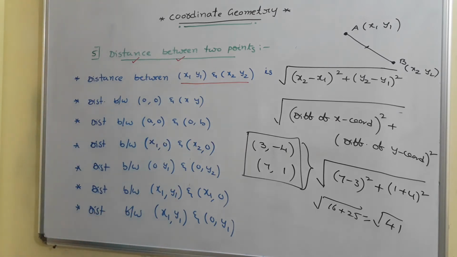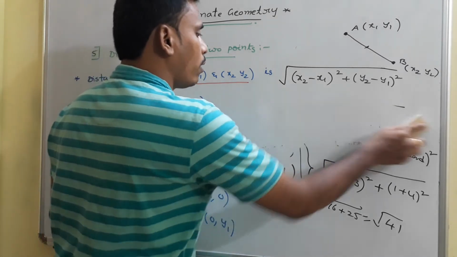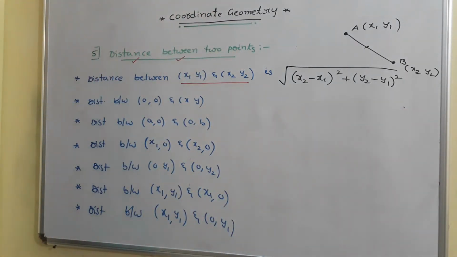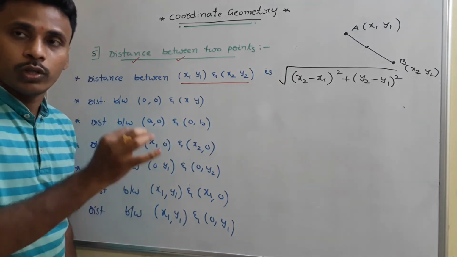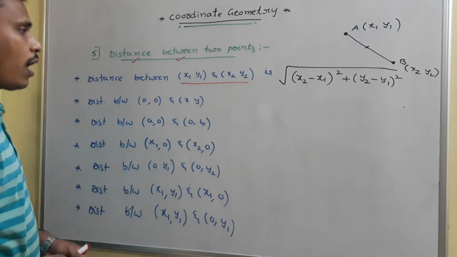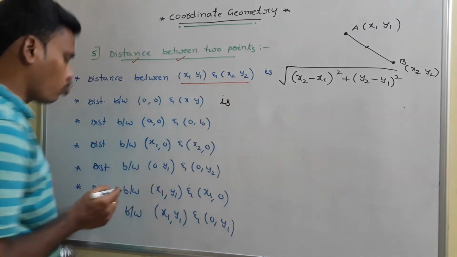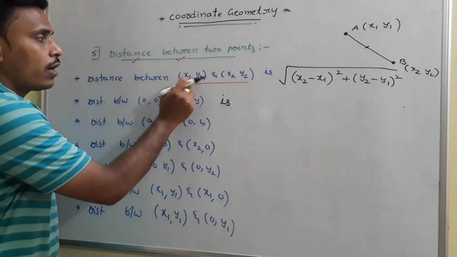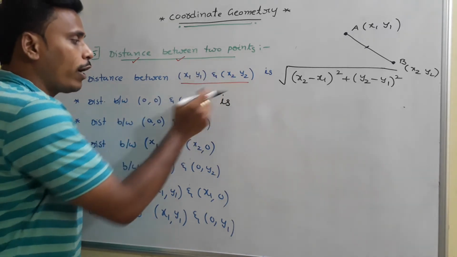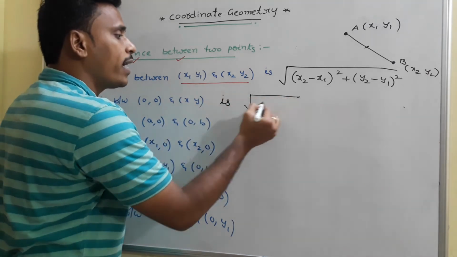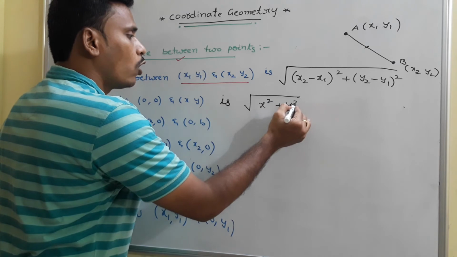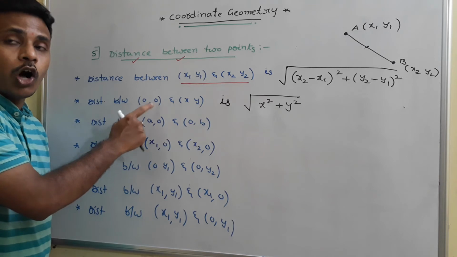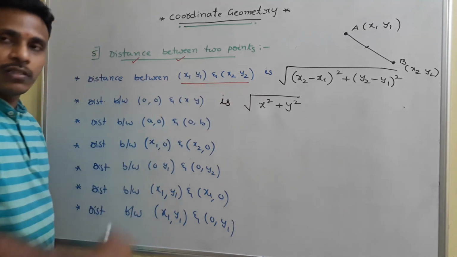So the distance formula is very helpful to solve many problems. At the end you need to memorize the distance between 2 points x1, y1 and x2, y2 as square root of x2 minus x1 whole square plus y2 minus y1 whole square. And now what to say about the distance between these 2 points, 0 comma 0 and x comma y. Just think about it. You just replace x1 y1 with 0 0, x2 y2 with x and y, and on simplification you will get root of x square plus y square. So 0 comma 0 is what? Origin. Distance from origin to any point is root of x square plus y square.